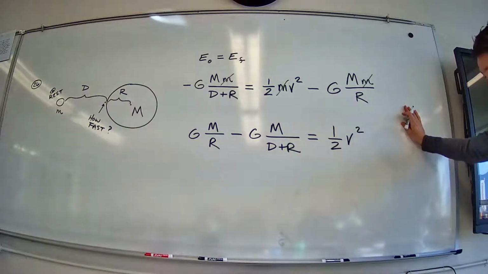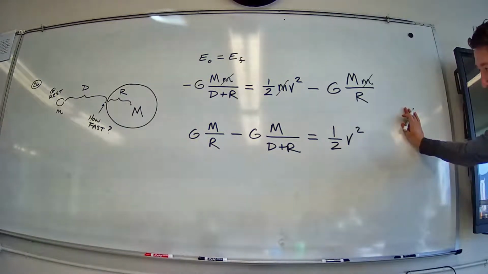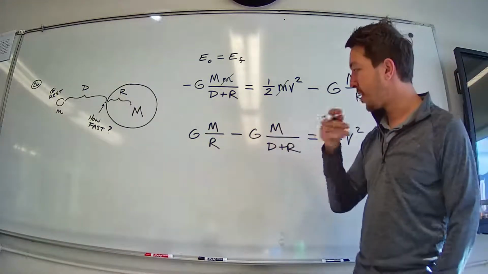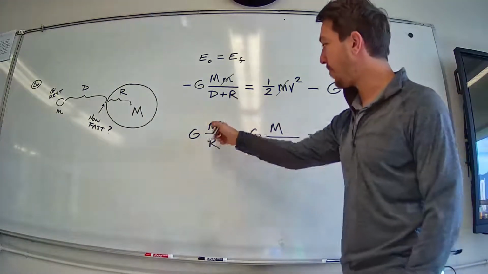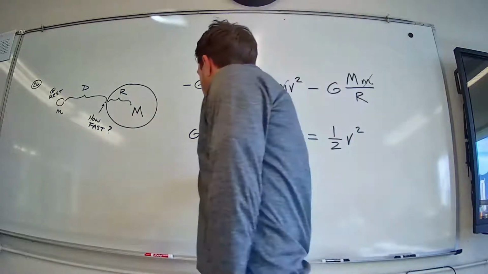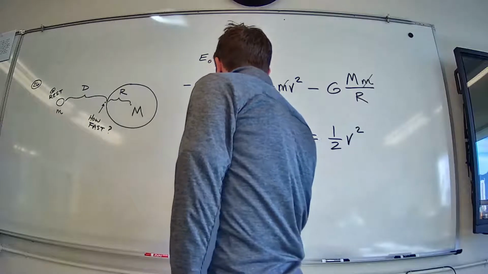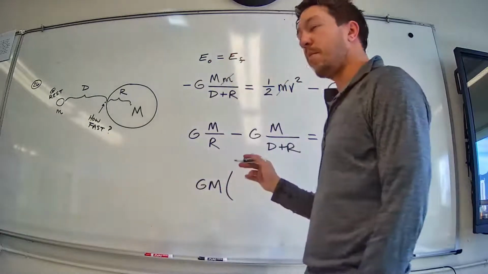And if you will permit me, I kind of want to pull out a common factor here. They both have a GM, right? So I can pull out this GM and leave behind